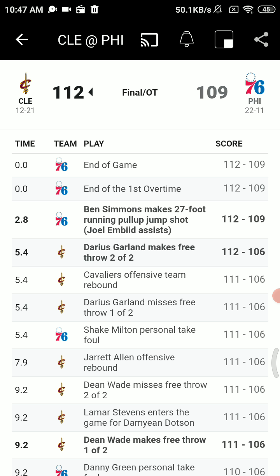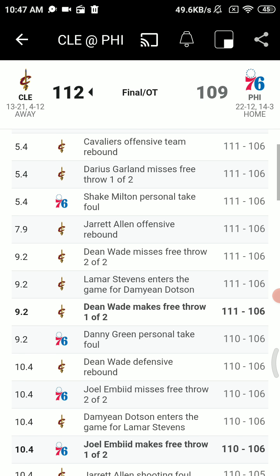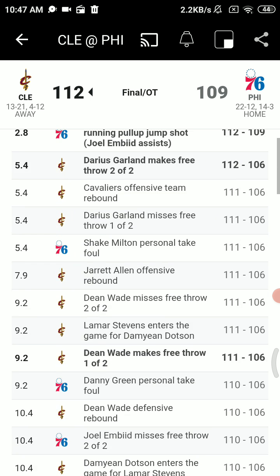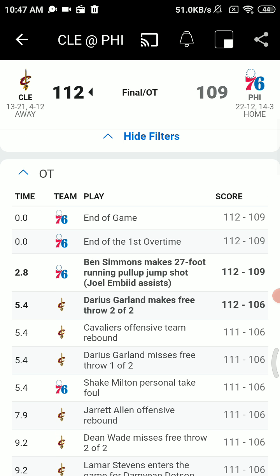Simmons lets the ball roll all the way to the half-court line. Simmons got it out front to Embiid. Embiid shoots a 3 over Allen, missed it. Oh, they're going to call a foul on Jared Allen? No way. Wow, they called Jared Allen with a foul on him. He went straight up, and Embiid hung his arm up, and no one touched it. We're going to have, well, first of all, Embiid's foot appears to be right on the line. So, Jim, I think they're going to look at number 1. His foot was clearly on the